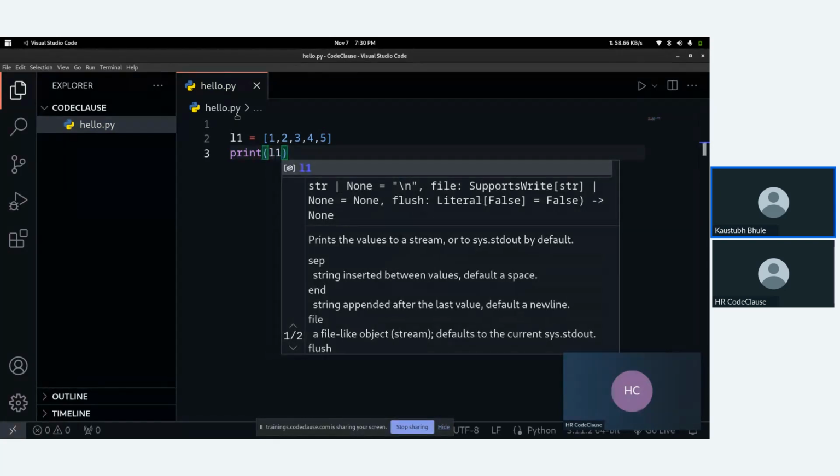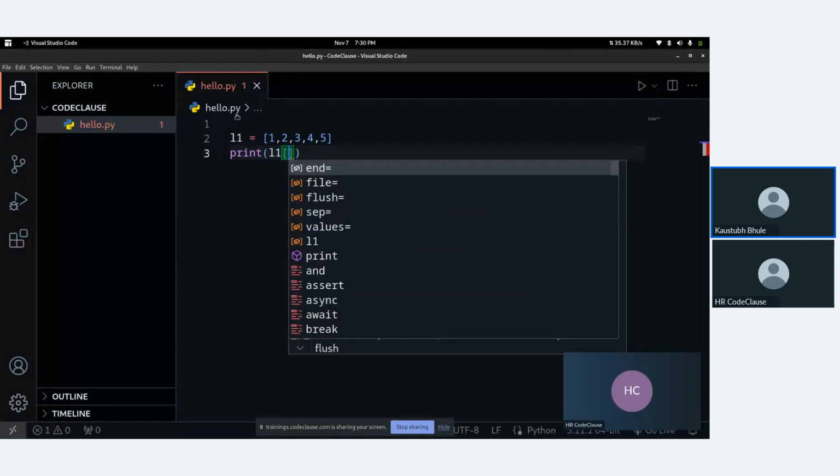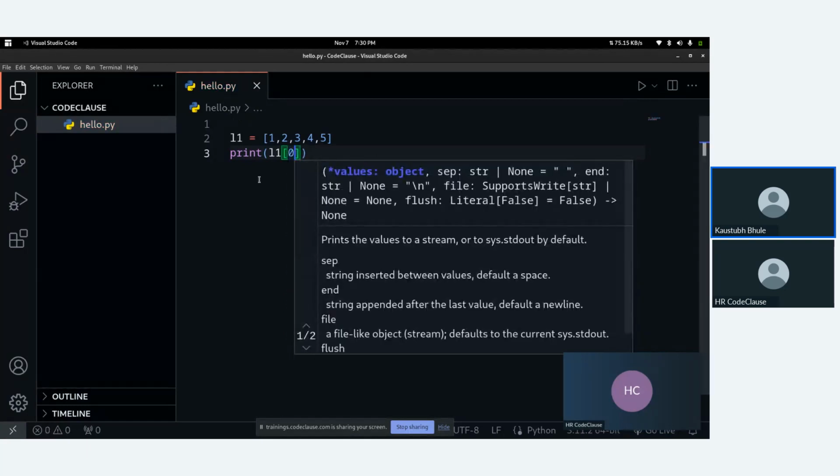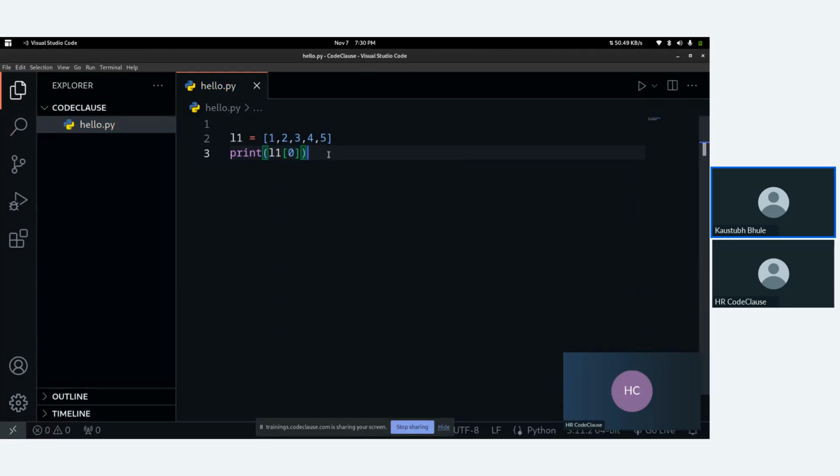If you want to print a specific element from the list, you can again use square braces and give the index of the element you want to print. For example, in an array, the index starts from 0, right? So you can use index 0 to print this one element. Okay, if you want to print this 2, then you can use index 1.